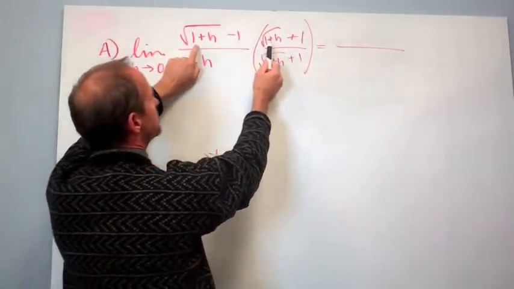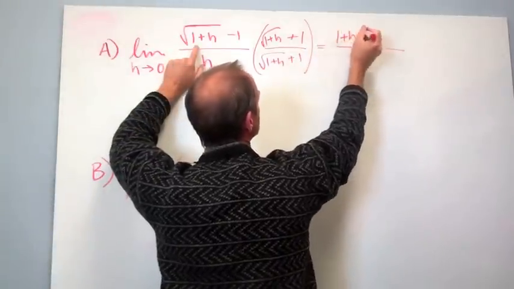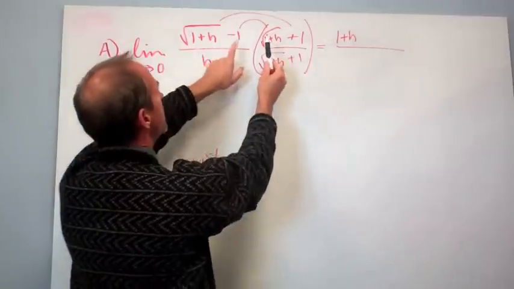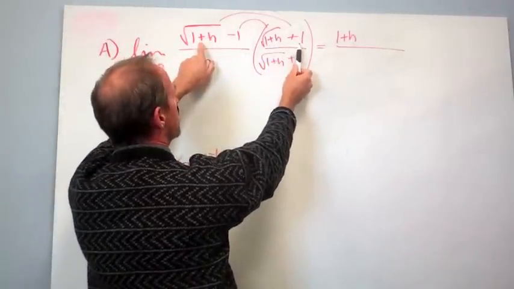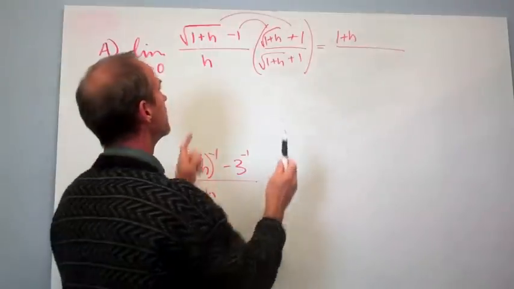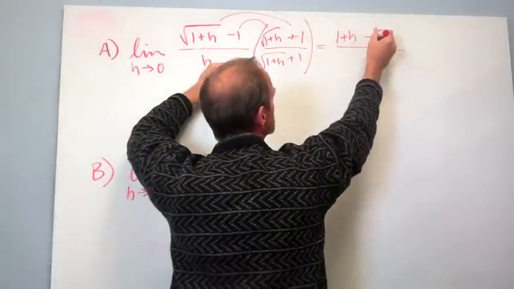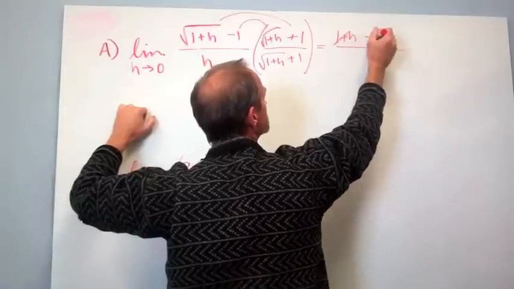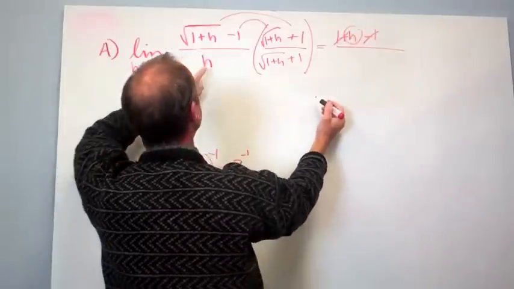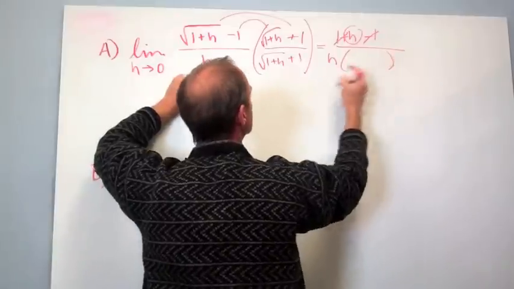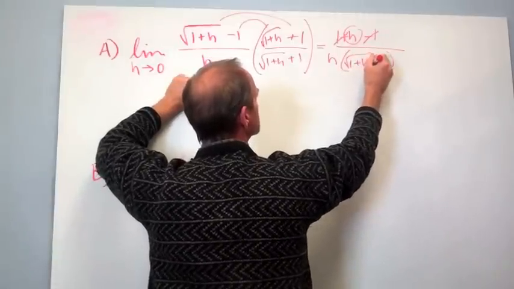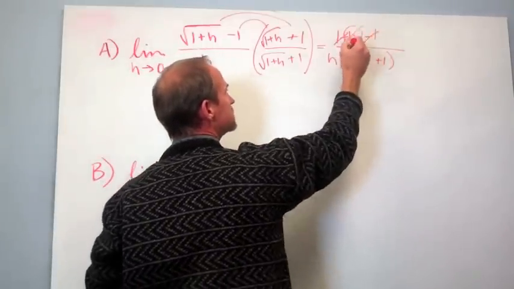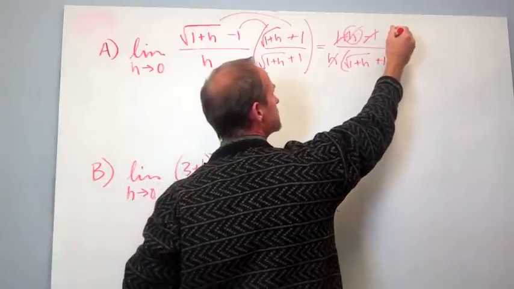A radical times a radical. The radicals go away, I get 1 plus h. When I do the inside and the outside bits, my rainbow, I get a negative radical and I get a positive radical, and they add up and they cancel, so they're gone. Then a -1 times a +1 is a -1. 1 minus 1, those cancel, and this just becomes h. All right. Down below, I have h times this denominator, radical 1 plus h plus 1. I can cancel these h's, and I end up just with a +1 for my h